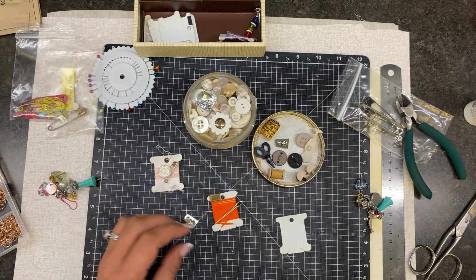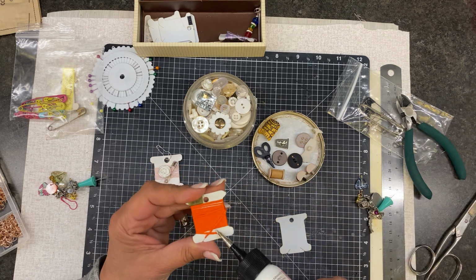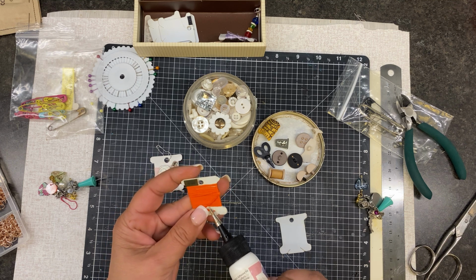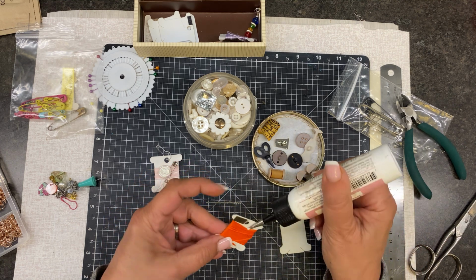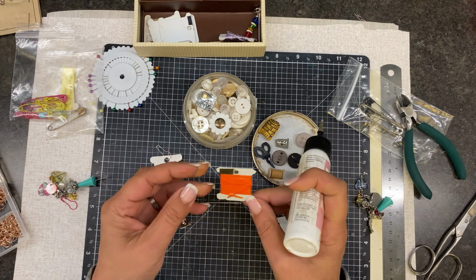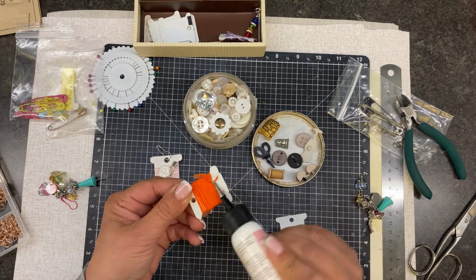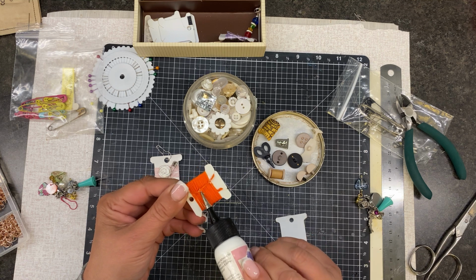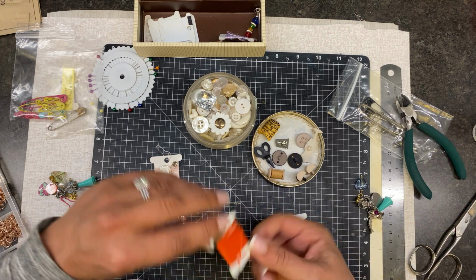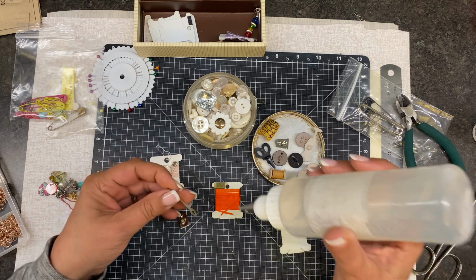All right, with this, I think all we need to do, I'm going to use the art glitter glue just to go underneath here a smidgy. And I like, this is so nice and neat. I don't want it to, I don't want to mess it up. Now, should we go? I like it this way. All right, now we're going to just get our art glitter glue out. Our